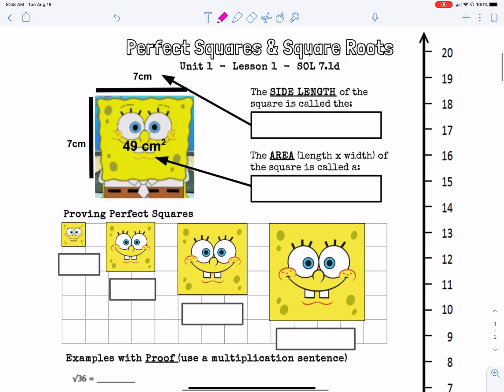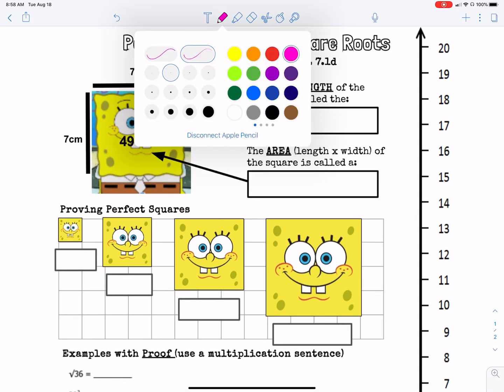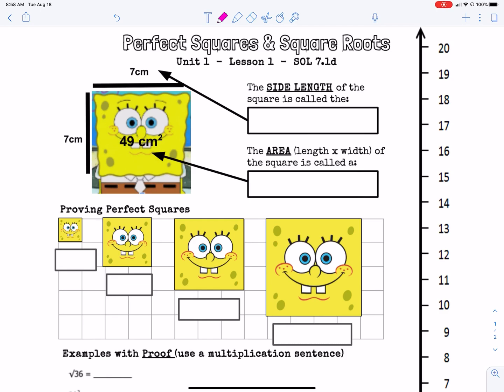Okay, today you guys are going to review perfect squares and square roots, and this is something that you learned in 6th grade that carries over to 7th grade. So when we're talking about a square, this is a 7 by 7 square, okay? So the side length is called your square root,